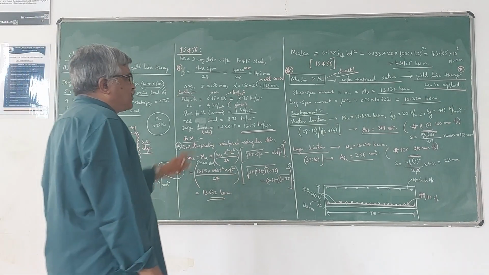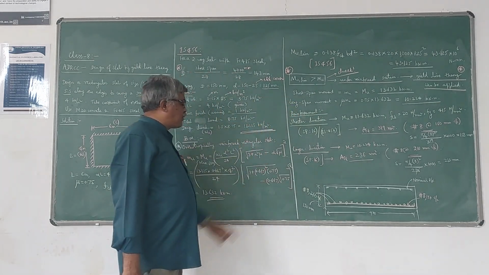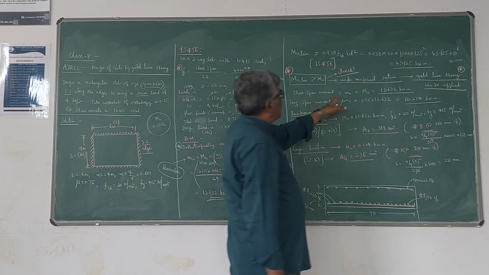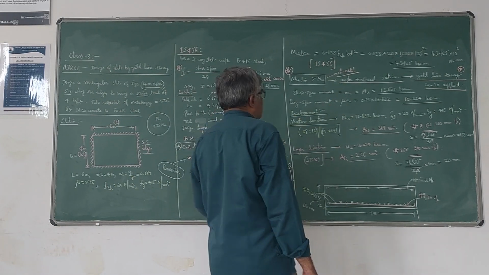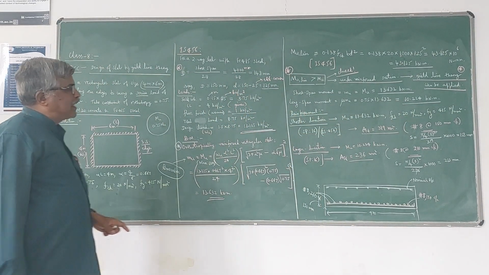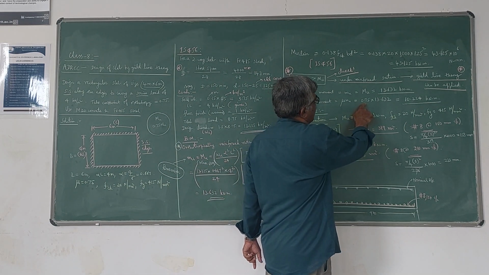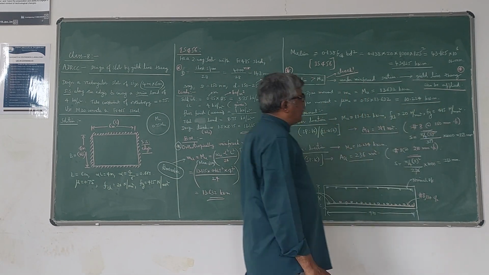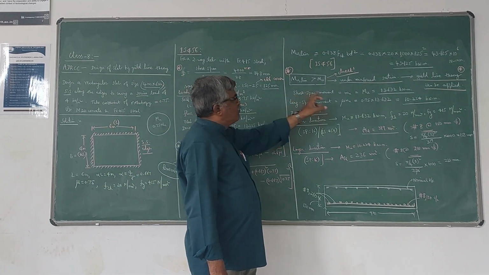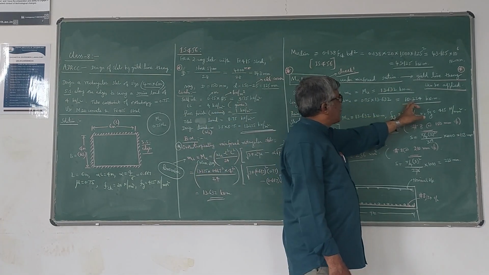Now after this condition is satisfied, you can see here what the short span moment is. Along the short span, the moment is Mu, which I have already calculated, 13.632 kilonewton meter. Along the longer span, the moment is reduced. It is given by μ into Mu. So μ is 0.75, so 10.224 we are going to get. Now we have to design the reinforcement for the shorter span by taking this value of bending moment, and for the longer span by taking this value of bending moment.